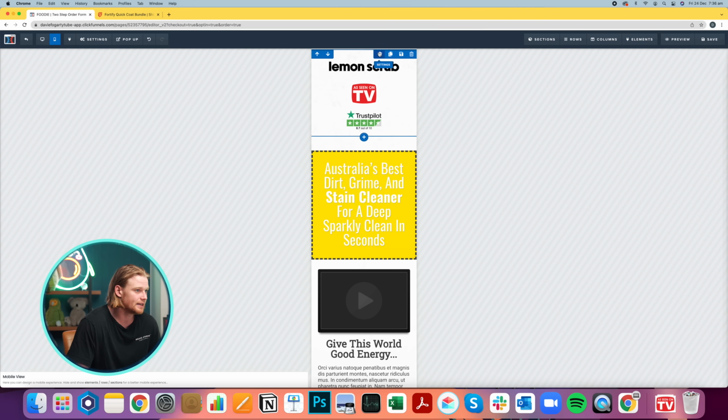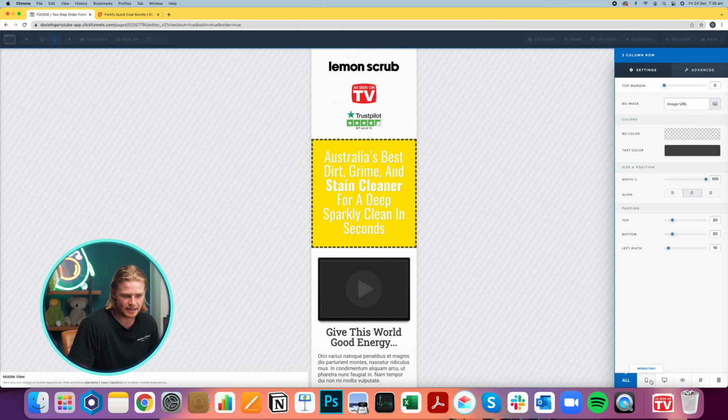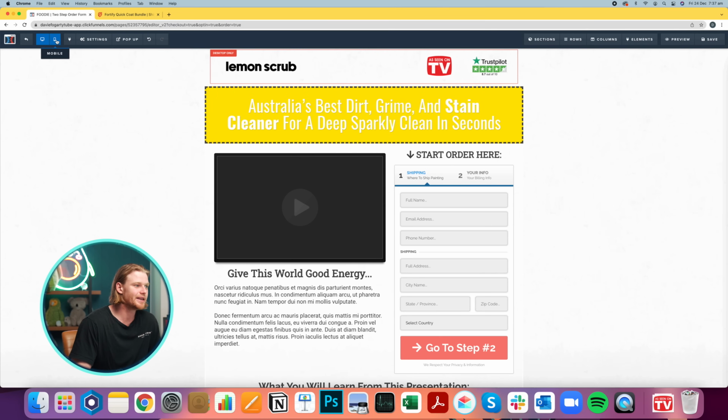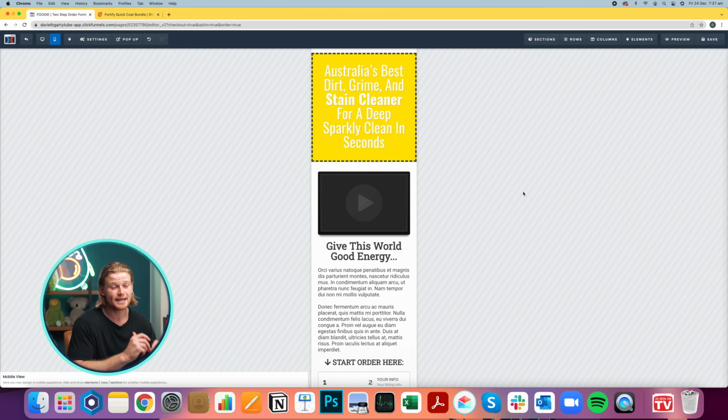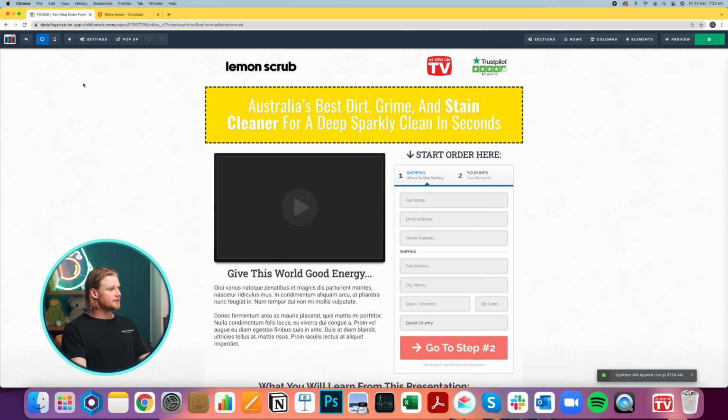So you really need to understand how to hide certain blocks on mobile and still make them show up on desktop. So we can click settings here and down here we can decide where this block or these columns will actually show up, and we can just click desktop only. And now you can see it's desktop only, and then we can come to mobile and it's disappeared. We can then redesign that block in the mobile version so it looks good. We could use, say, an actual just one image in a line and just plonk that on top there. Next step is we can just save this funnel and we can just click exit.